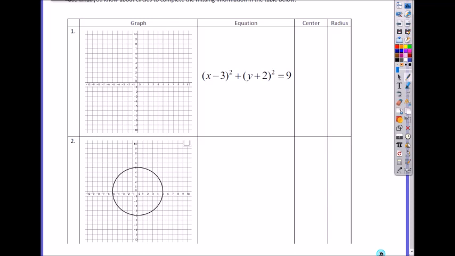So what is the center? Positive 3, negative 2. Remember, it's minus that number, so it's opposite. What's the radius? 3, not 9. Common mistake. A lot of you will write just 9 for the radius. So how do I graph it? 3, negative 2, 3, 3, 3,